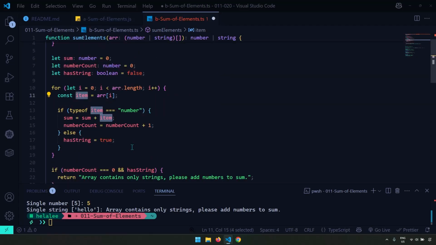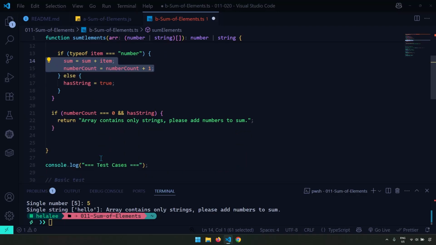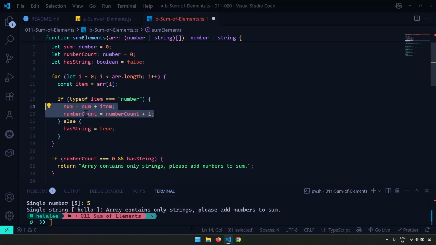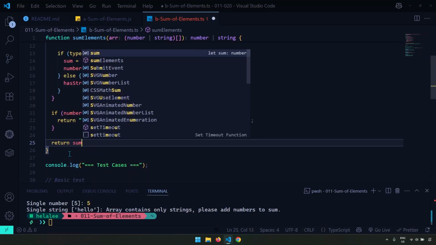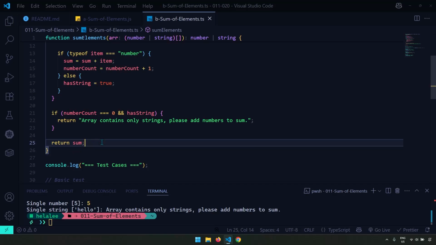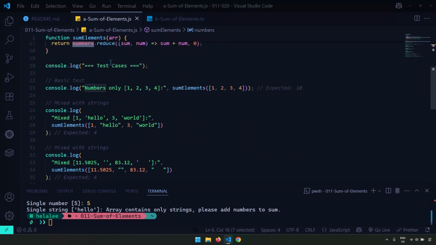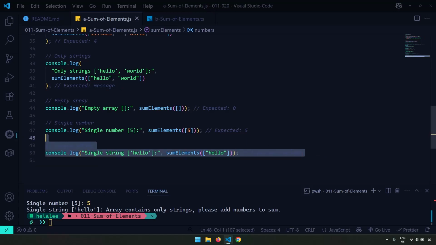But in here, I didn't do any of those. So the item could very well be a number as well as a string. So the item can be both at this point. That's why it says item. It doesn't say number. If it is a number, we do these two things. If it is not a number, we do this. That's it. So sum is going to contain our result. So the only thing we do is we return sum. That's it. So let's grab all of our test cases